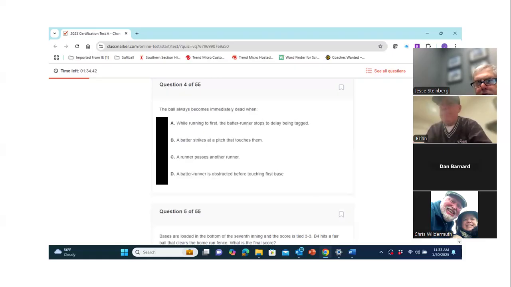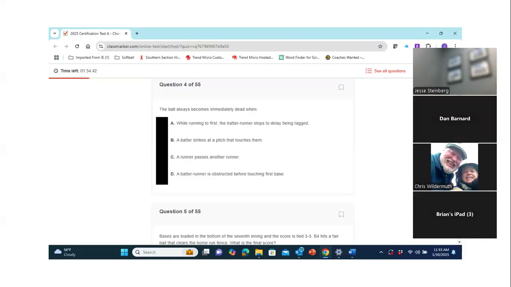Delayed dead ball, right? Yes. On a caught fly ball, though, that's negated. Correct, but that's not the point. It's not an immediate dead ball is my point. So the only one that is an immediate dead ball is a batter swings at a pitch and it hits him.